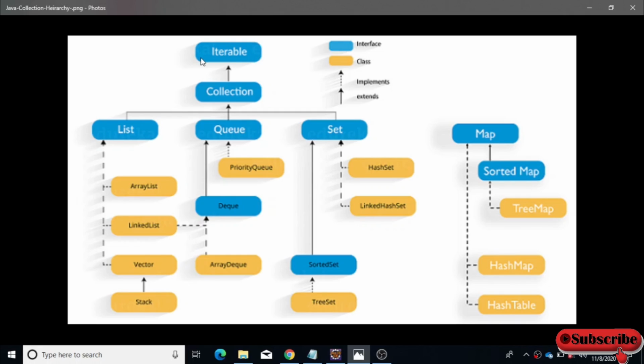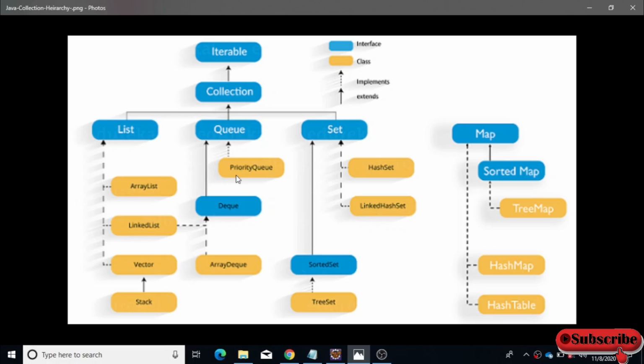The first parent interface is iterable, and the collection interface extends the iterable interface, and it has some child interfaces called list, queue, and set. In list, you can see the array list, linked list, and vector just implement the list interface. This stack is a subclass and it extends the vector superclass.